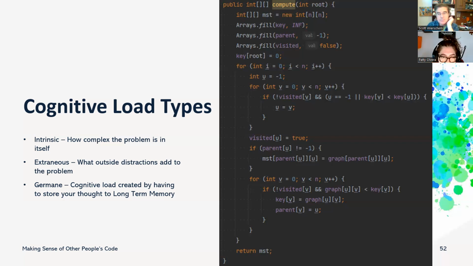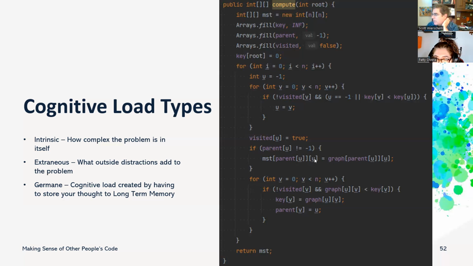But I really don't understand the extraneous cognitive load type. What outside distractions add to the problem? What could be extraneous in this code? Oh, for instance, in here, basically you've got i and u and v we have to keep track of, and then we go and fiddle with u here in the middle. What is u? u is a counter.